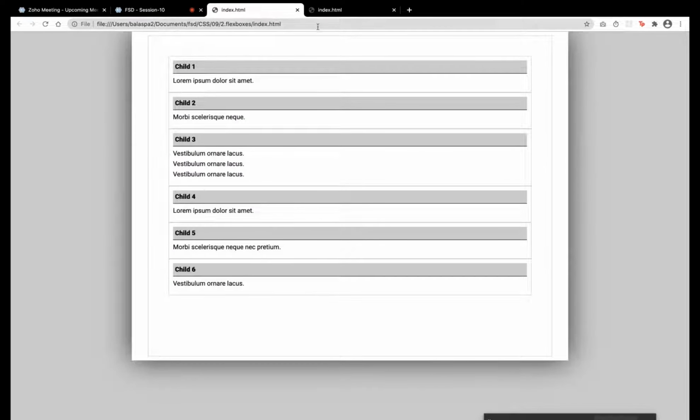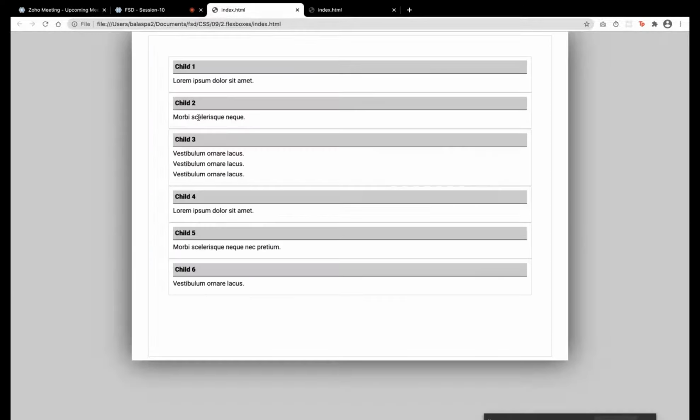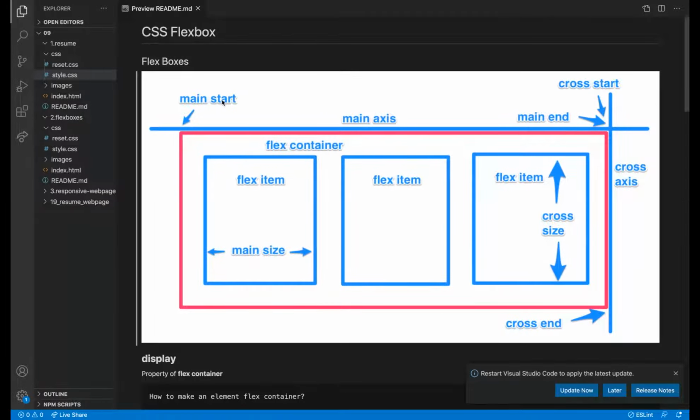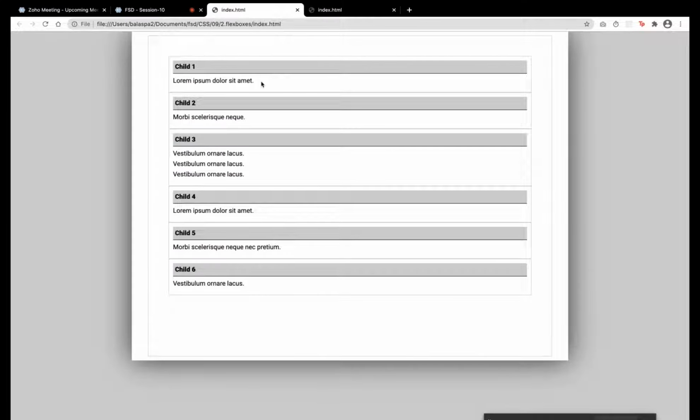Fine. Here the structure is a parent div, and inside that there are 6 divisions, because all need some common styling, some spacing, and some borders. Maybe I want a mild background color. I'm not giving margin bottom because we will study spacing later, so it should not confuse with this.